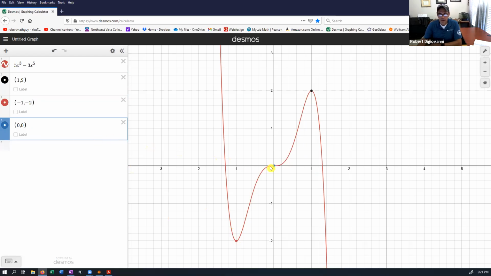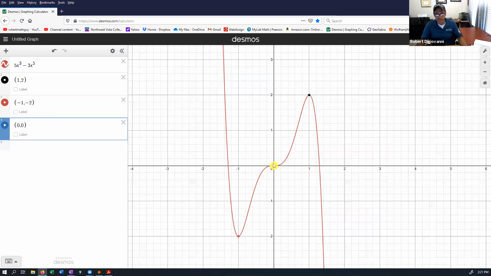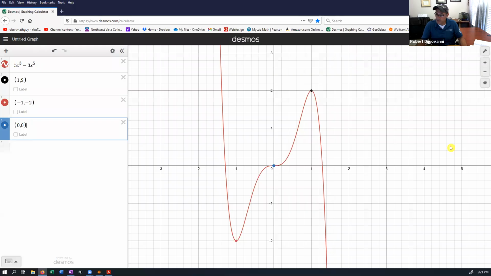There's something happening here, but it's not a local max or min. So I hope you can see now our derivative: we were going down, down, down, down. Then we got here, now we're going up, up, up, up, up, up, up, up, down, down, down, down, down, right? We figured all that out without needing the graph at all. We could do that purely using calculus. All we needed was the derivative.